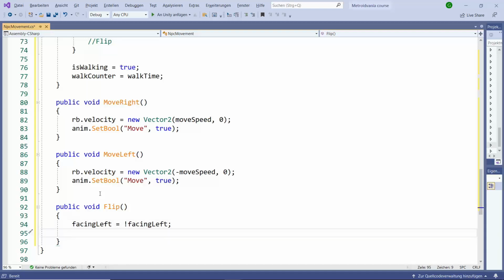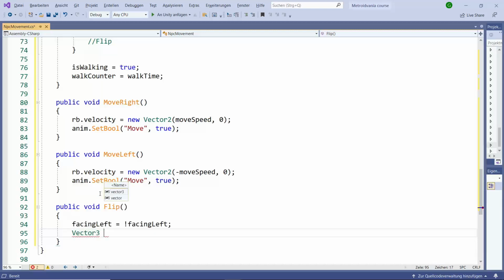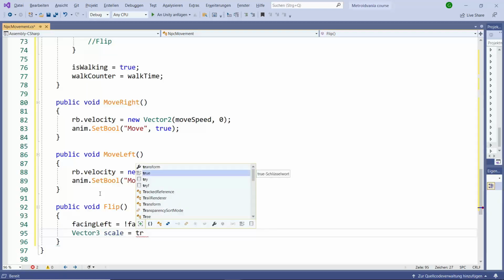So each time that it's going to make it true and false, true and false. Then here vector 3 scale is equal to our transform